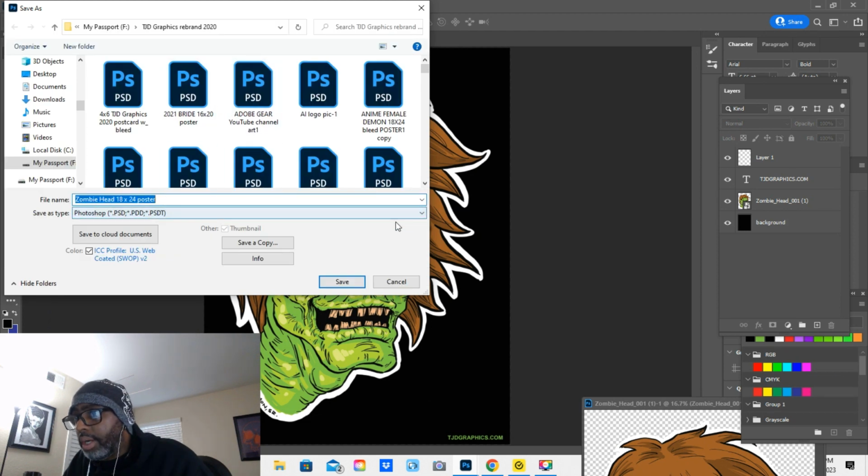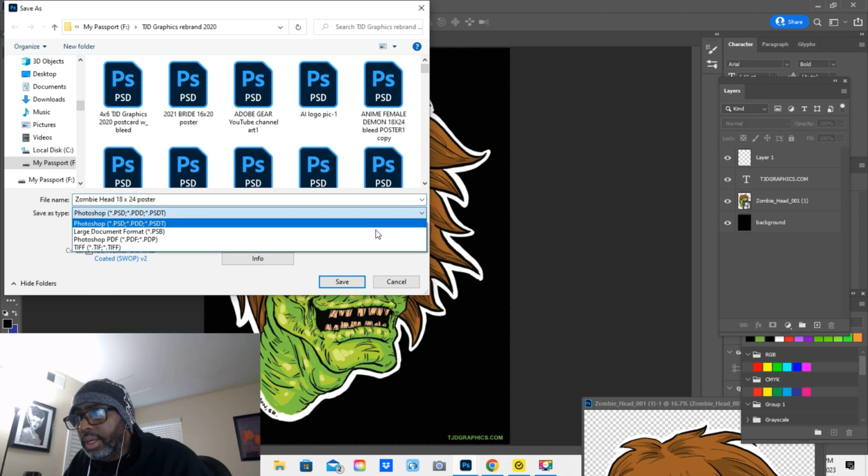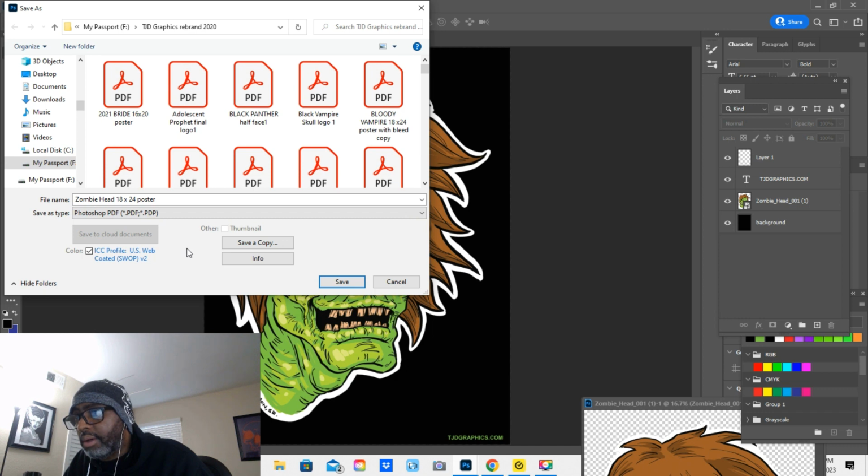I'm going to go down here and click on, see as it says save as type. That means the type of file that you want. I'm going to save it as a Photoshop PDF. Click on the PDF file. These are all my PDFs. Most of these are my poster files. So I'm going to save it as Zombie Head 18 by 24 poster